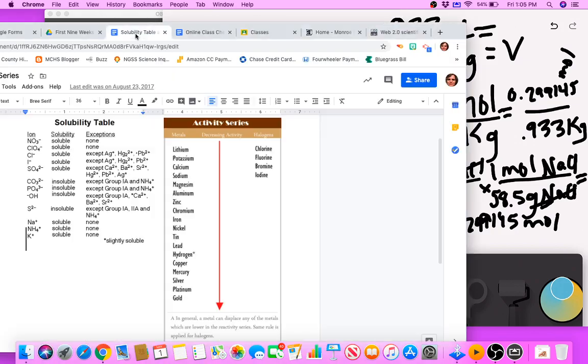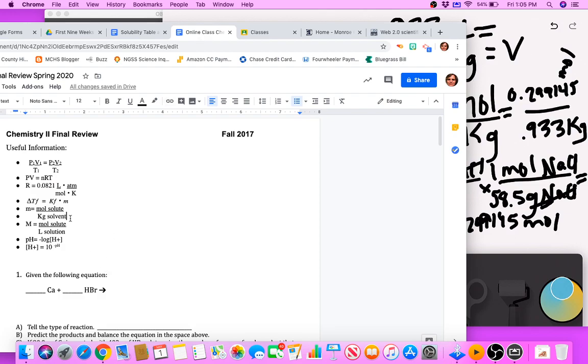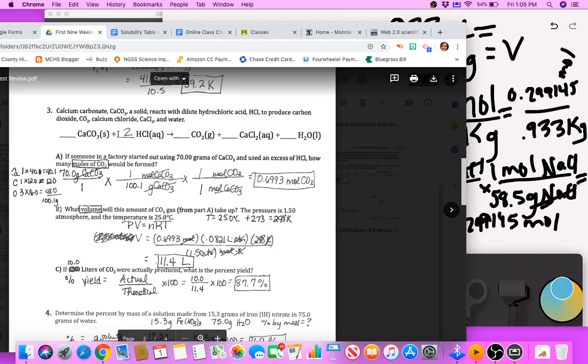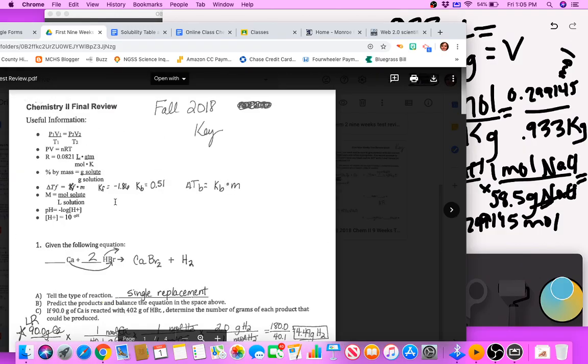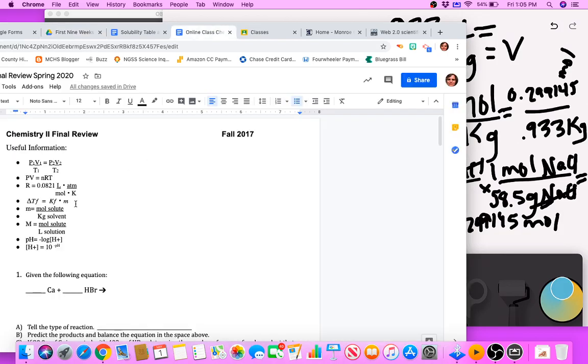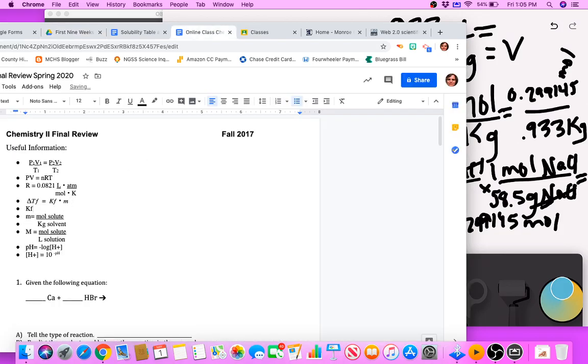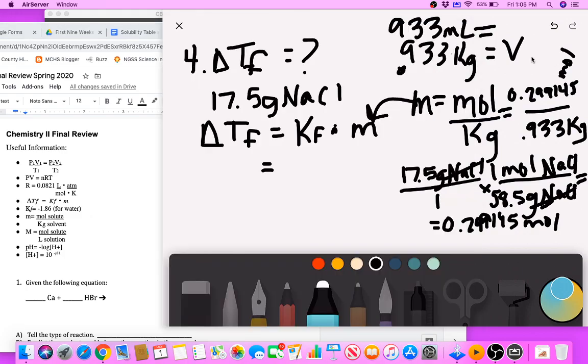We do still need KF. So if we look at our information here, I don't have KF, but I do have it over on this one. KF is negative 1.86, and again, that is for water. So I'm going to go ahead and put that on here too so I don't forget it. KF is equal to negative 1.86, and that's for water. And I'm sure it has some units as well, and we'll get to that later. So now that we have that KF is negative 1.86, we can substitute that into our delta TF equation. So KF, negative 1.86,